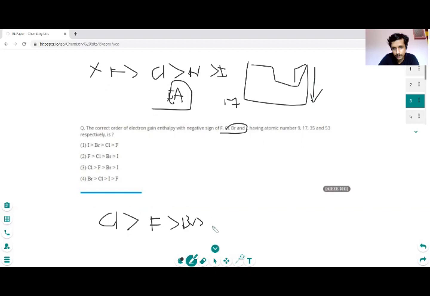Why does this happen? Why does fluorine have a lesser electron gain enthalpy compared to chlorine? This is because, what is electron gain enthalpy? It is the amount of energy released when you add the electron. To add an electron, there should be space. Fluorine has 2s2, 2p5. And next there comes 3s2, 3s0 if nothing is there, the 3s orbital. So the access to the 3d or d series is much further away in the case of fluorine.